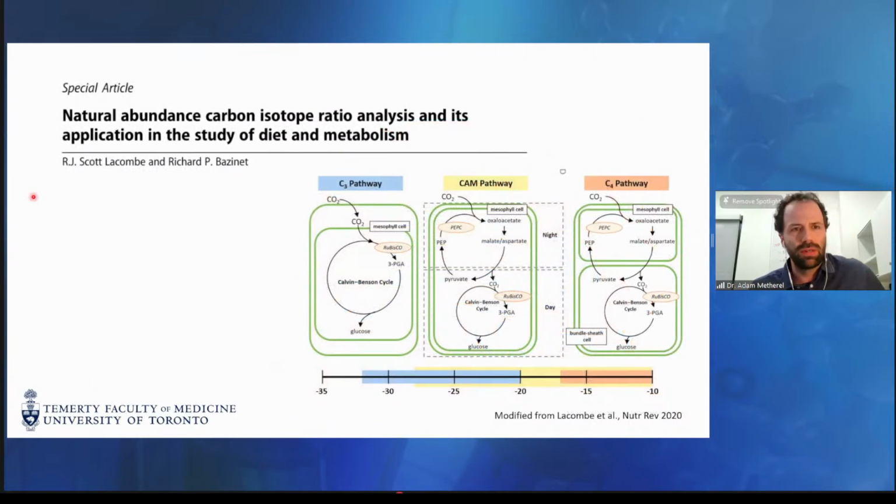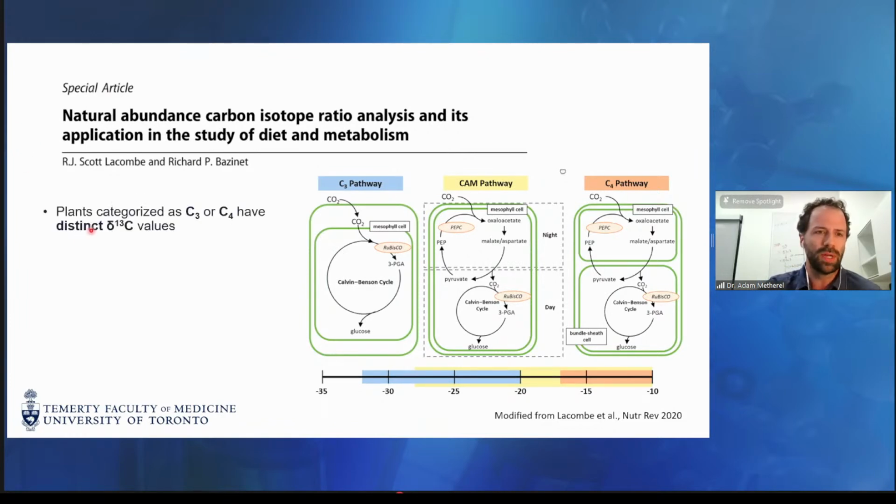So just to touch now on what natural abundance compound-specific isotope analysis is, this natural abundance idea really comes down to the metabolism of plants, in particular the photosynthetic pathway for carbon fixation. Generally, most plants are categorized into either C3 or C4 photosynthetic pathways. As a result of this, we actually get very distinct carbon-13 signatures depending on which pathway a plant uses.